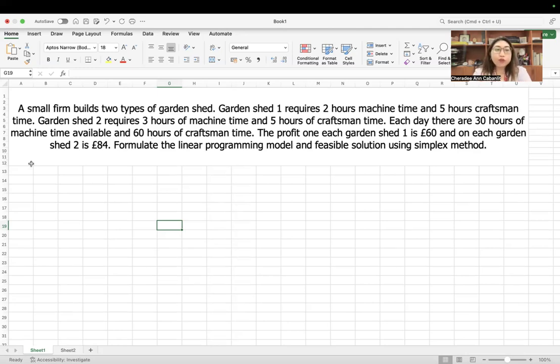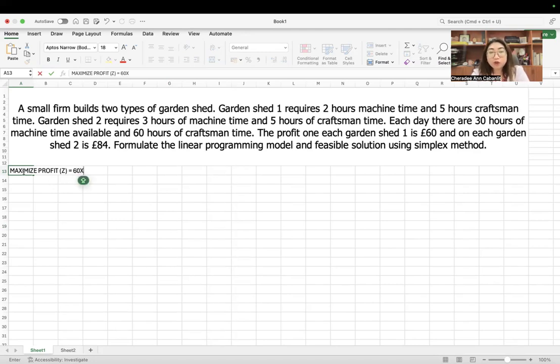Okay, so the first step to answering a linear programming problem is making its LP model first. So we formulate the LP model first. The goal is to maximize profit, where profit is Z. The formula is 60 pounds for every garden shed one.